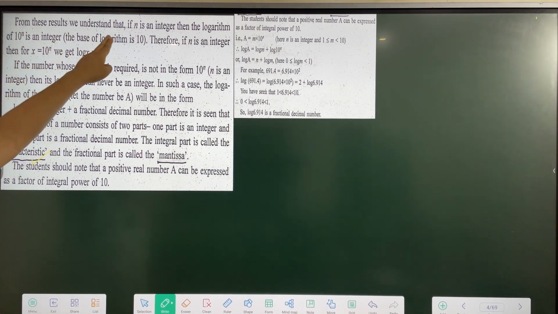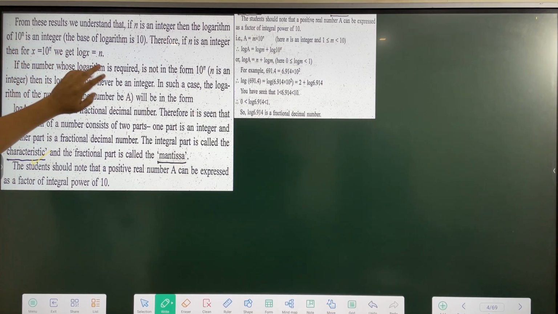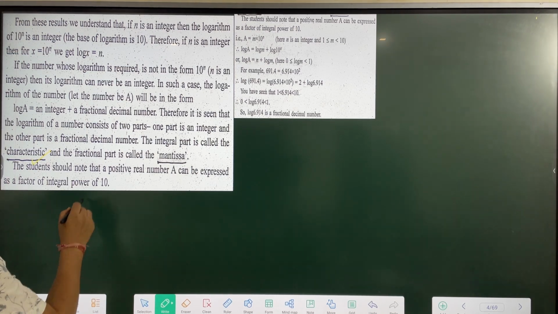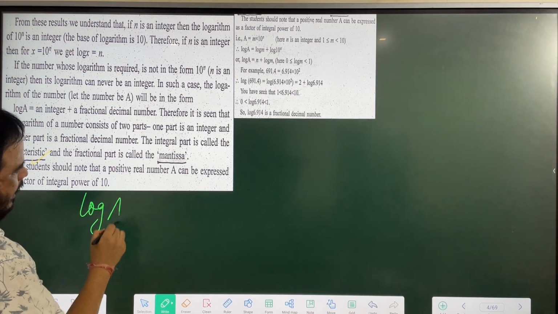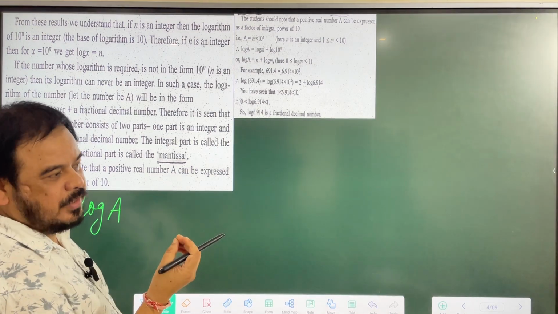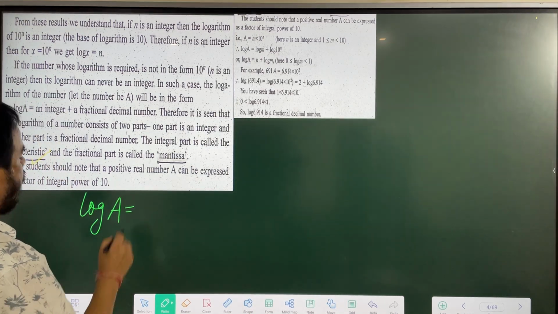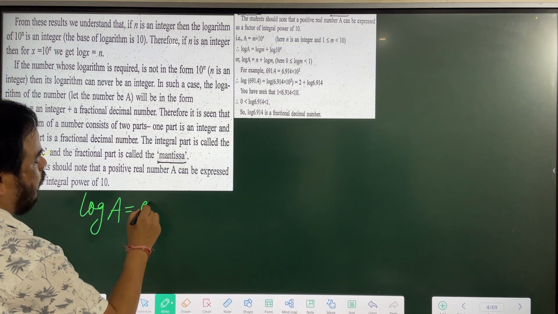From these results we understand that if n is an integer, then the logarithm of 10 to the power n is an integer. So anything, log of anything, say a. Log a you will always get one integer